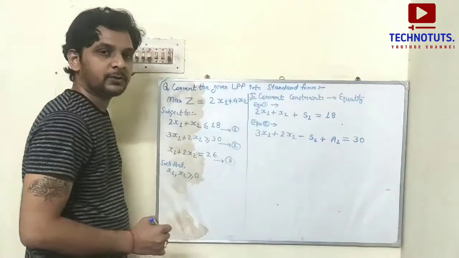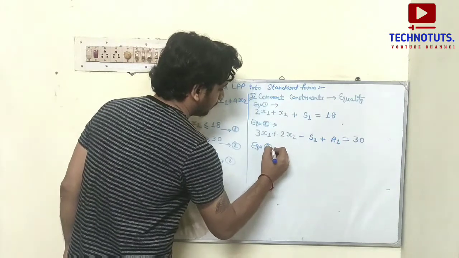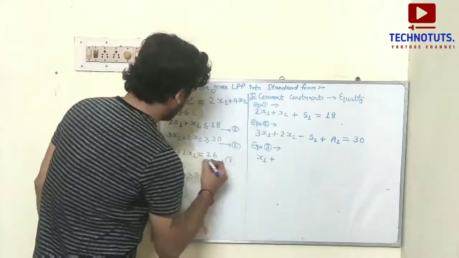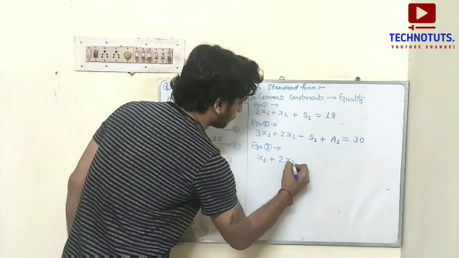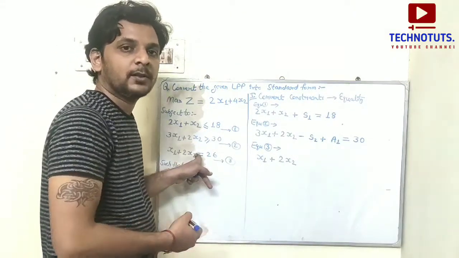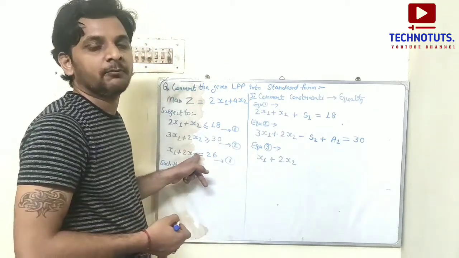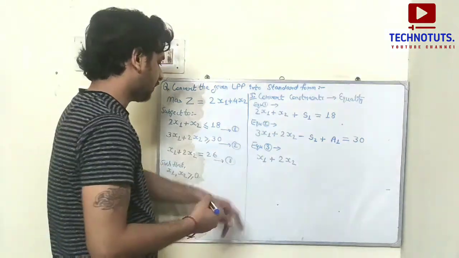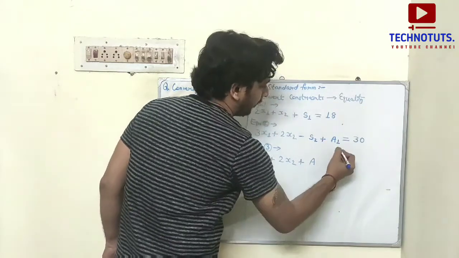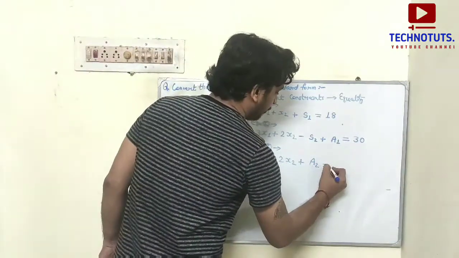Okay students, in a similar way we will convert equation number 3 also. So equation 3 will become x1 plus 2x2. See here the sign is equal to. The rule says that wherever the equal to sign occurs in the constraints equation, you have to add an artificial variable in that particular constraint equation with its coefficient as unity. So here the artificial variable a is introduced the second time, so we use suffix 2, with its coefficient as unity, which is equal to 26.